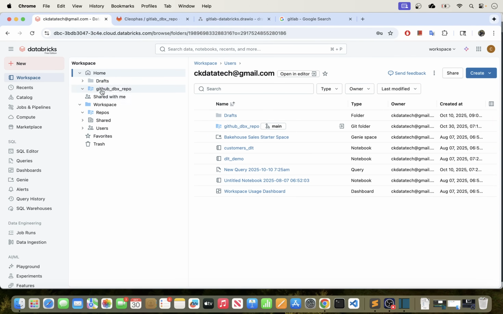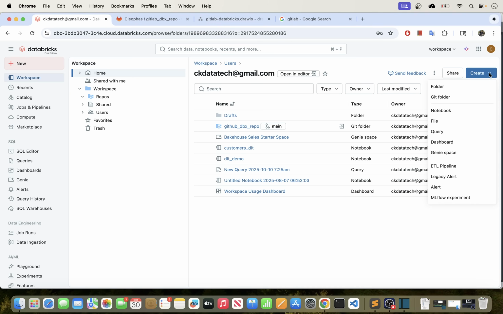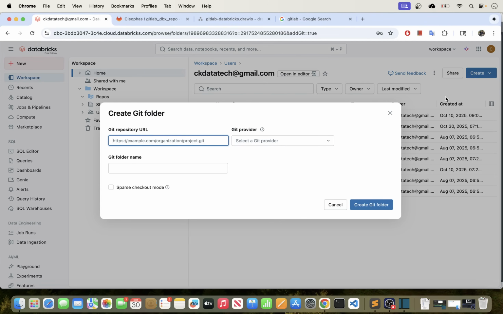GitLab repo, right? So all you have to do is go to your home here, and then while clicking into your home, go to the right corner here where it says create, and then expand this, and you will see here a Git folder. That's what you want to click. So click Git folder, and it's going to now bring you this tab here,